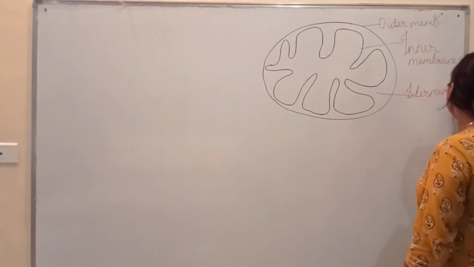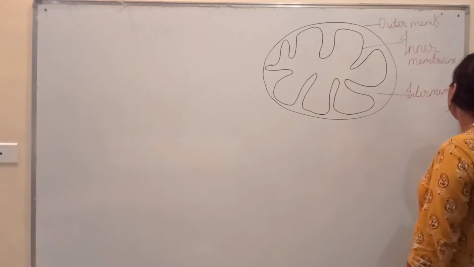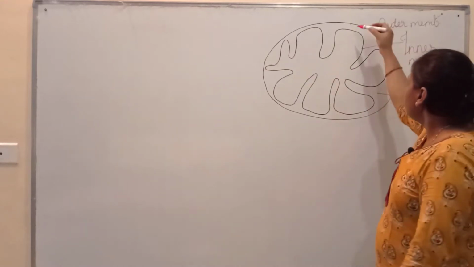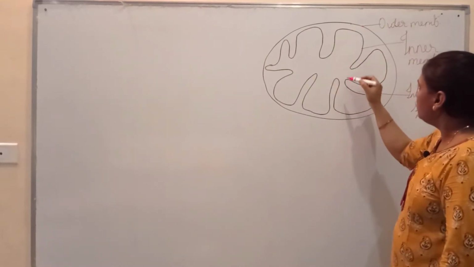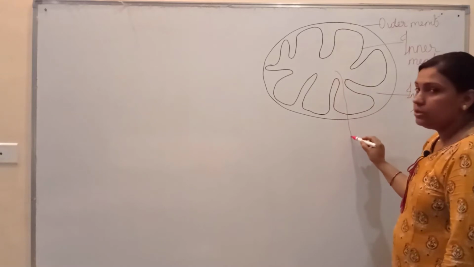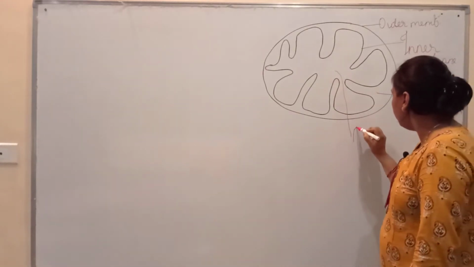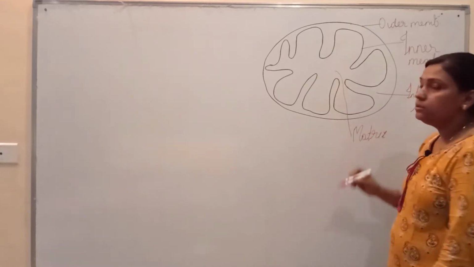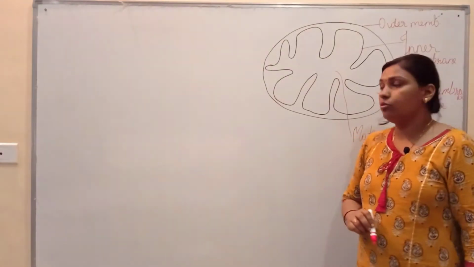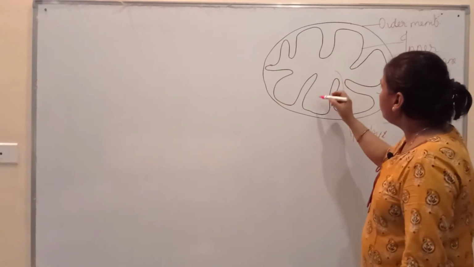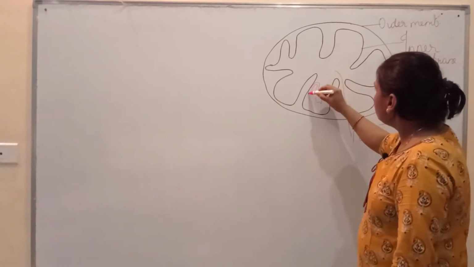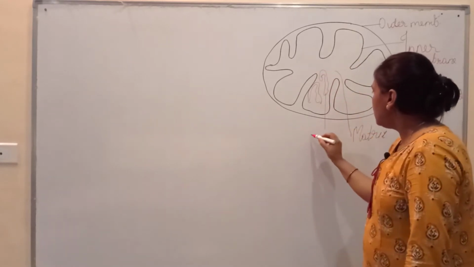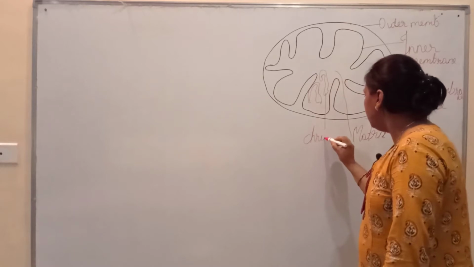Intermembrane space. And this inner region is called the matrix. This is the fluid part of the mitochondria. Inside this mitochondria, chromosomes are also found. Chromosomes are also present inside the matrix of the